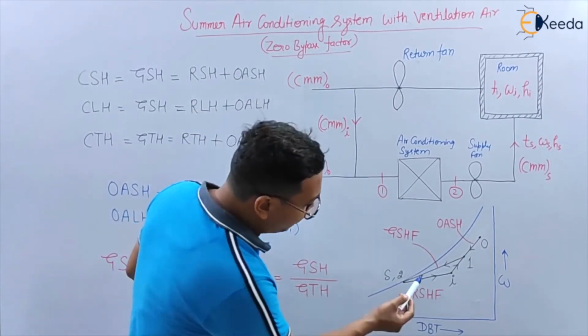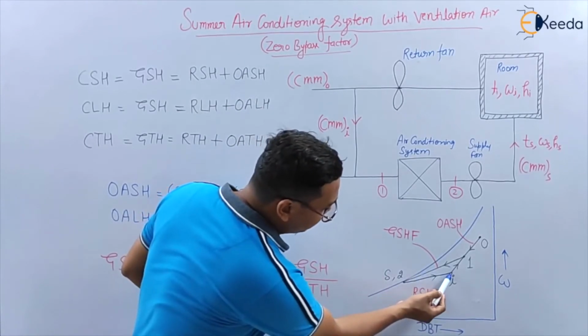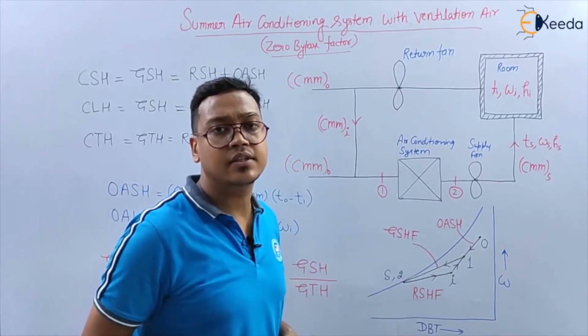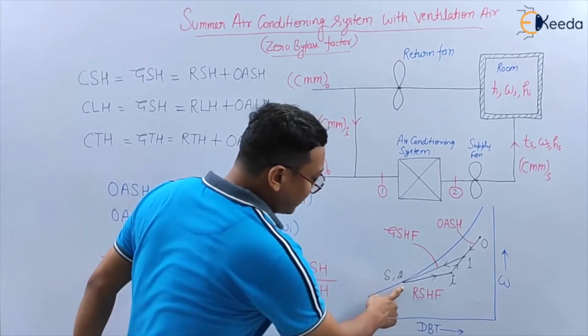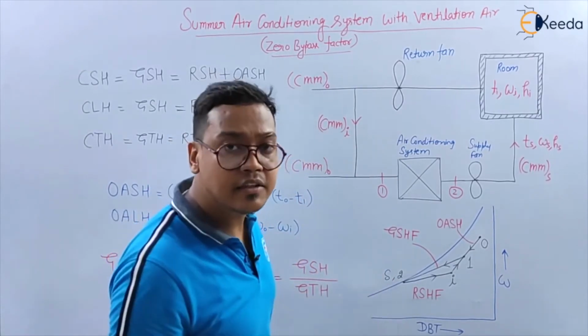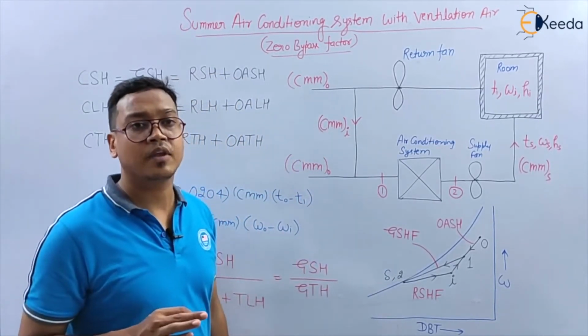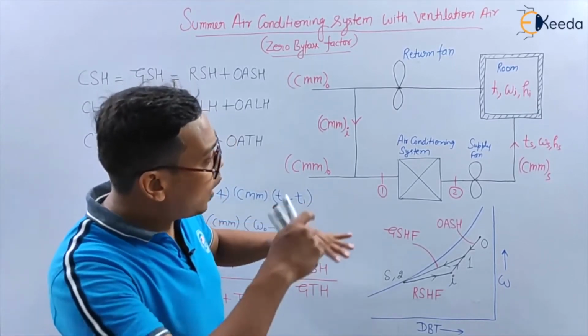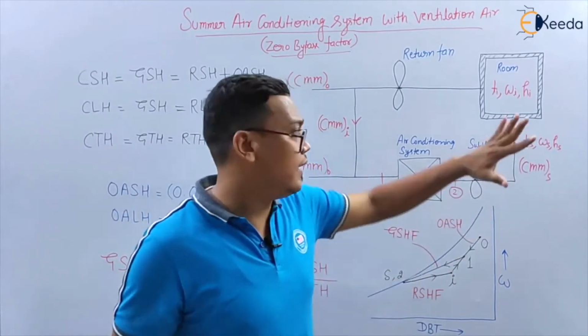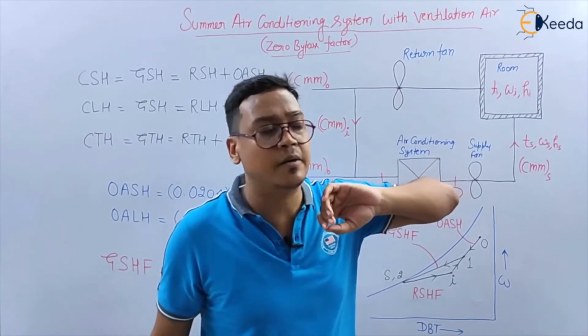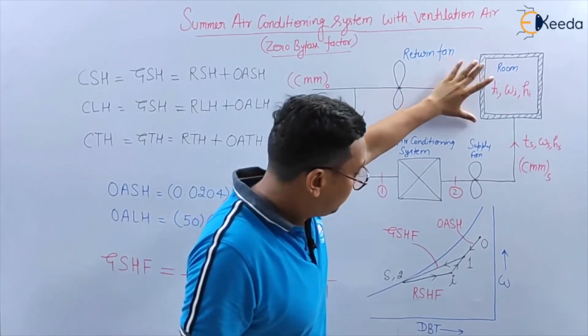This point will be somewhere here and the process will start from this point. So this is a zero bypass factor case for summer air conditioning. Now let's see what type of loads we will see in this type of air conditioning system. In the room,